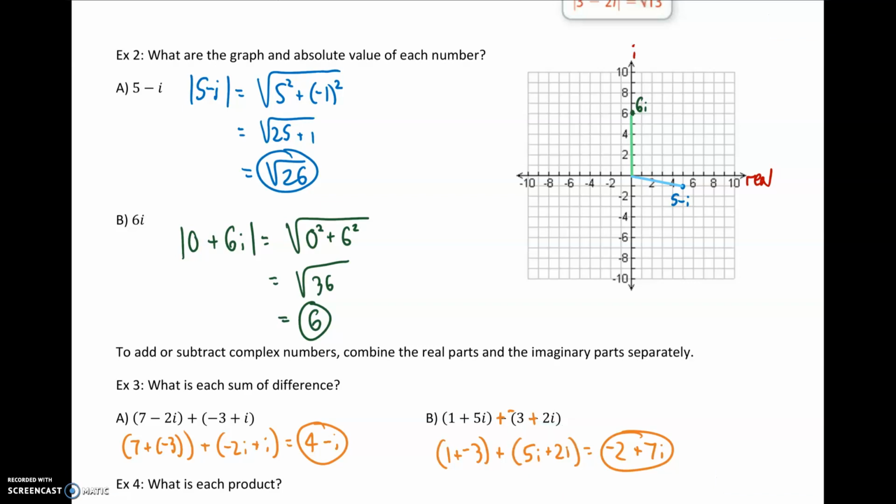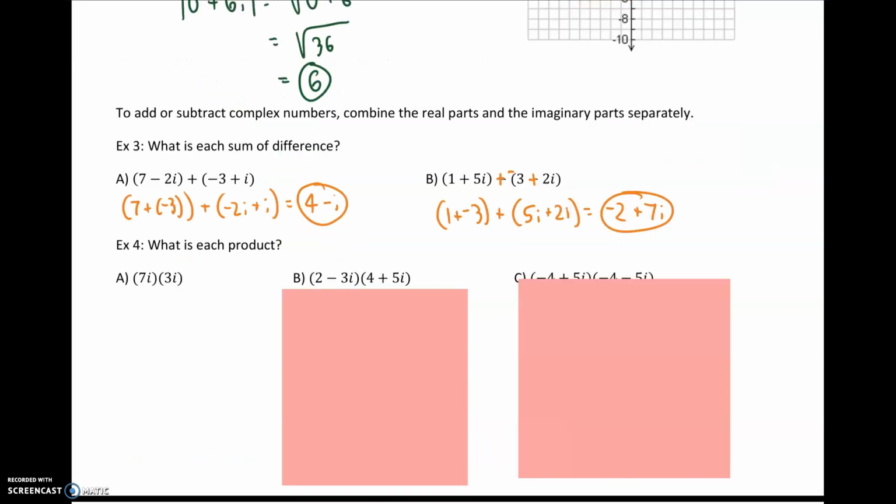Just with our last example, though, we want to combine our real portion and our imaginary portion separately. So if I get negative 2 from the real portion and 7i from the imaginary portion, that's going to be my complex solution. So now if I want to find a product or multiply complex numbers,